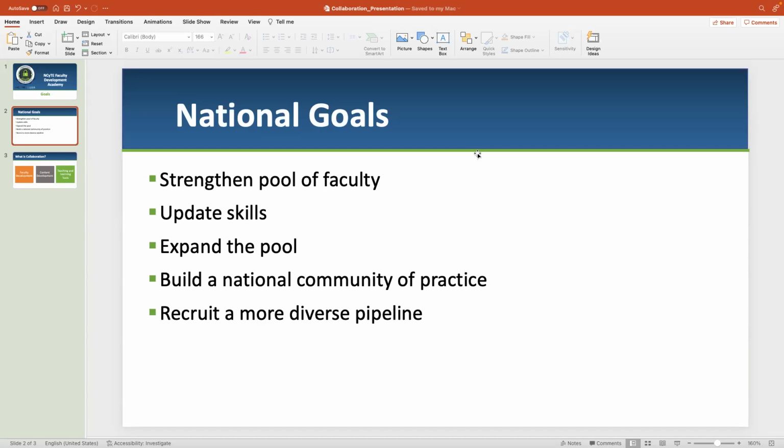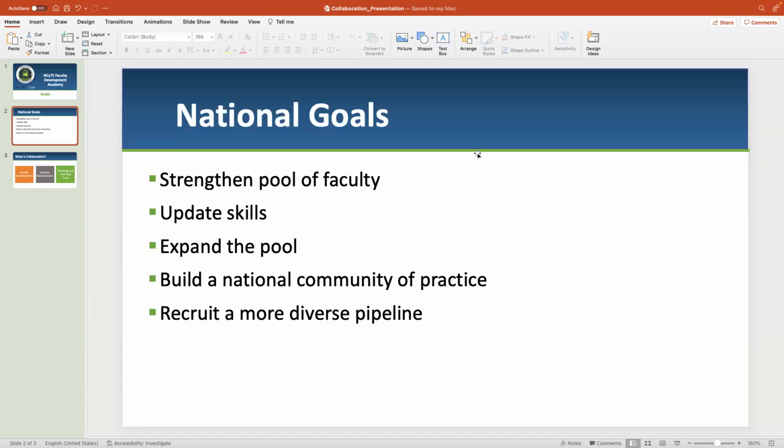The next thing that we're doing is trying to expand the pool. So this is sort of an exciting program that's going on that you should know about. We have this fellowship program. And what we're doing is we're working with universities across the country to try to reach college students, specifically in the STEM areas, and if possible, in the computer science and technology areas, and try to expose them to careers in education, and specifically careers in cybersecurity education.